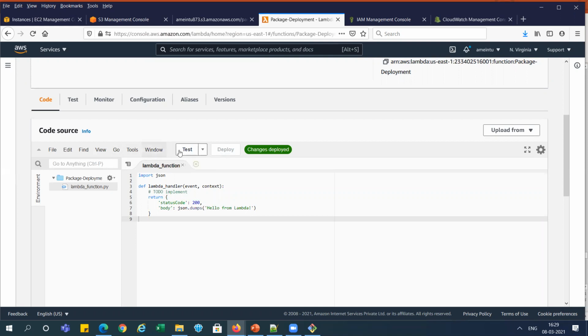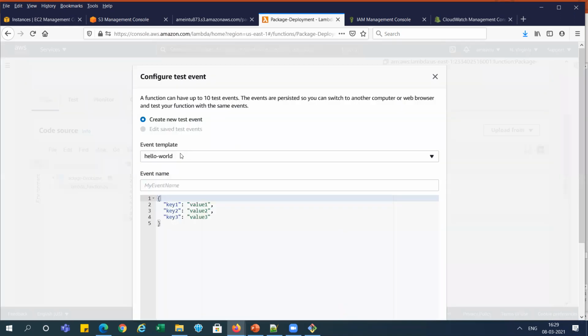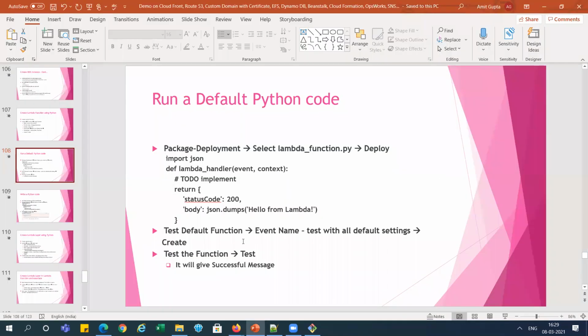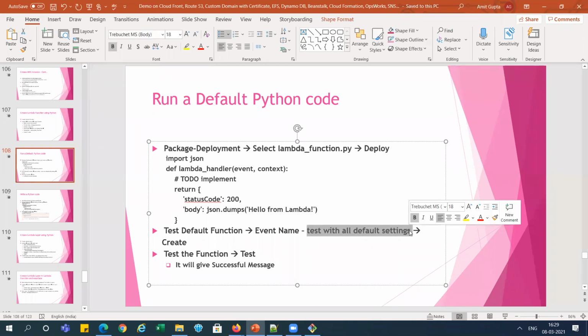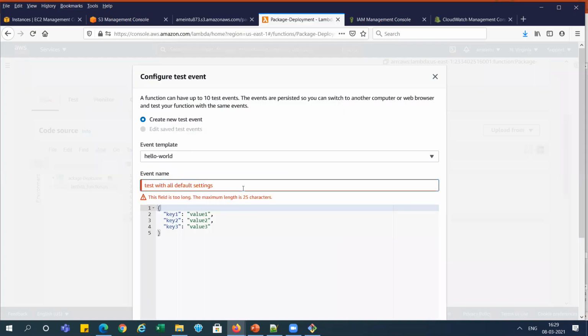right? To test it, you can see we need to write some event name over there. So event name, I'm looking, my Lambda.